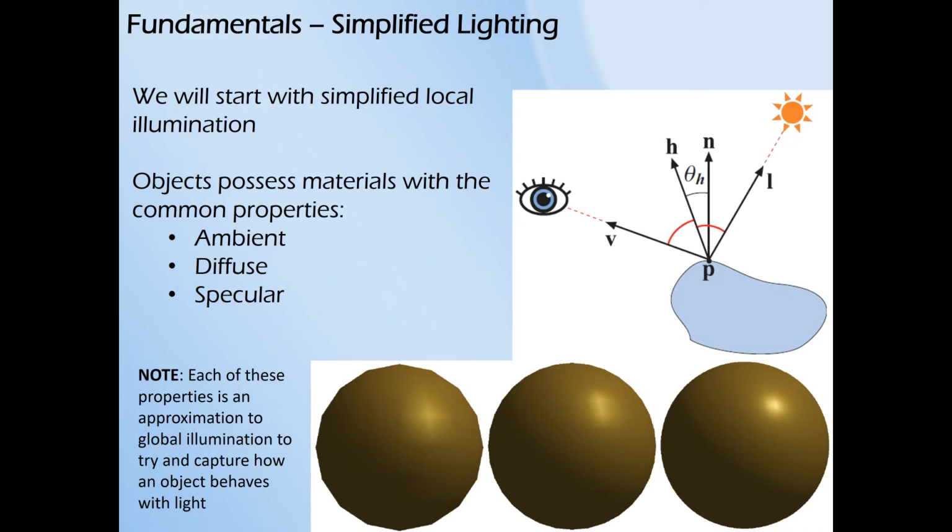Diffuse is how much light is reflected off the surface. It's a very simple parameter, but when a light source hits the surface, how much light bounces in all directions. So this has nothing to do with a highlight. It has nothing to do with what's called the specular highlight, which is a reflection of the light off the surface. But instead, the light sort of hits the surface and is bounced in all different directions, and it lightly